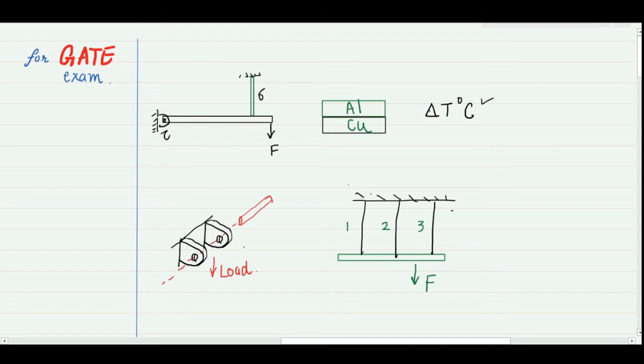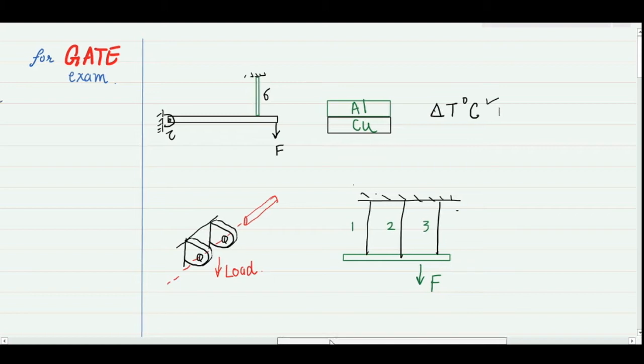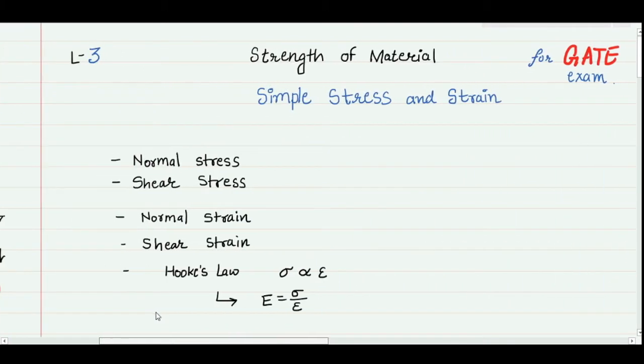This is a problem of shear stress where I am putting this pin inside this hole and applying a vertical load. So what will happen to this pin? Here I am showing a rigid bar connected with three wires and an eccentric load, and how the stresses will generate in the three wires. In the same line, there are multiple problems. We will try to cover as many problems as possible so that you have a concrete concept which you can apply to solve problems in the GATE examination.